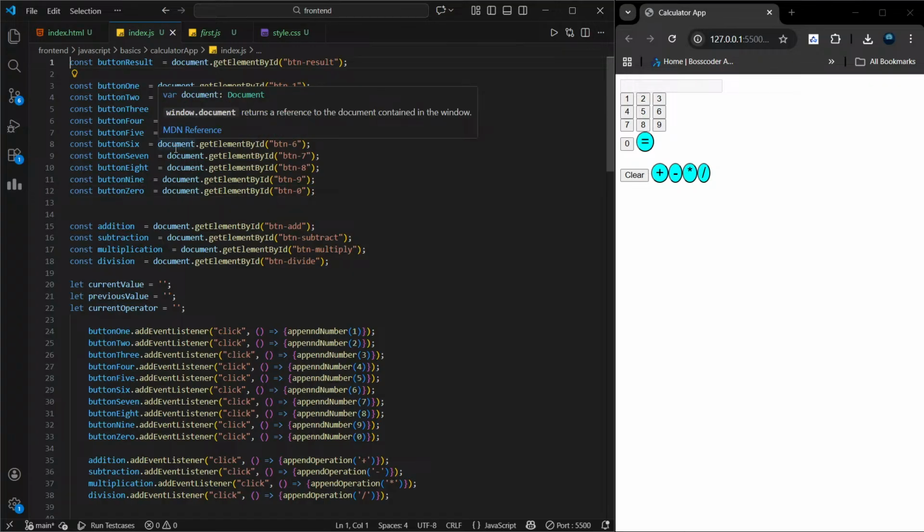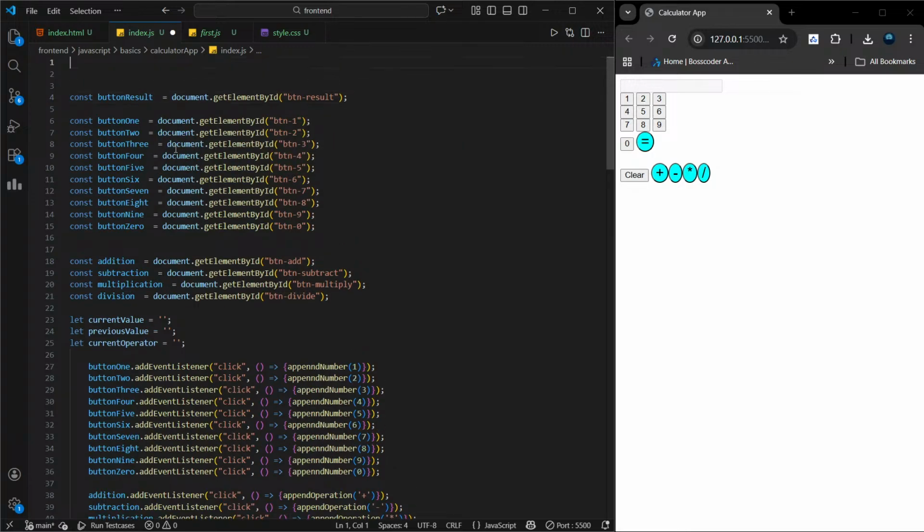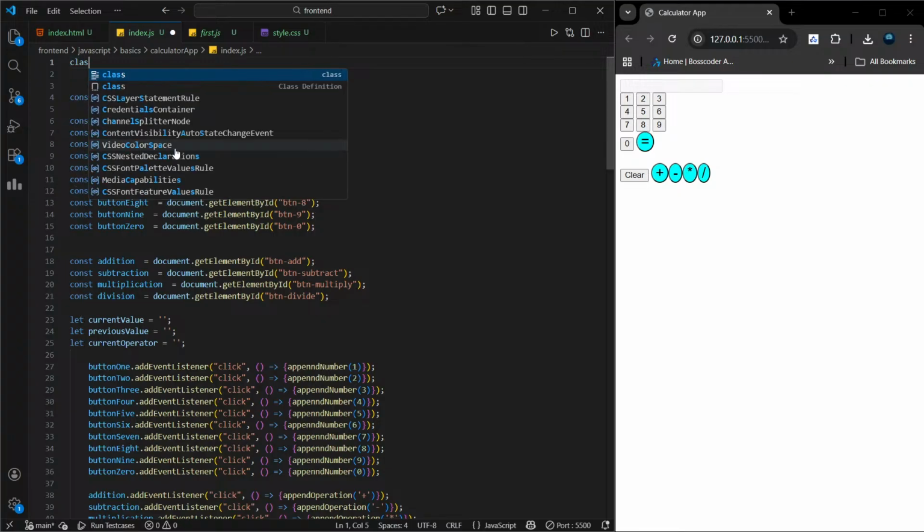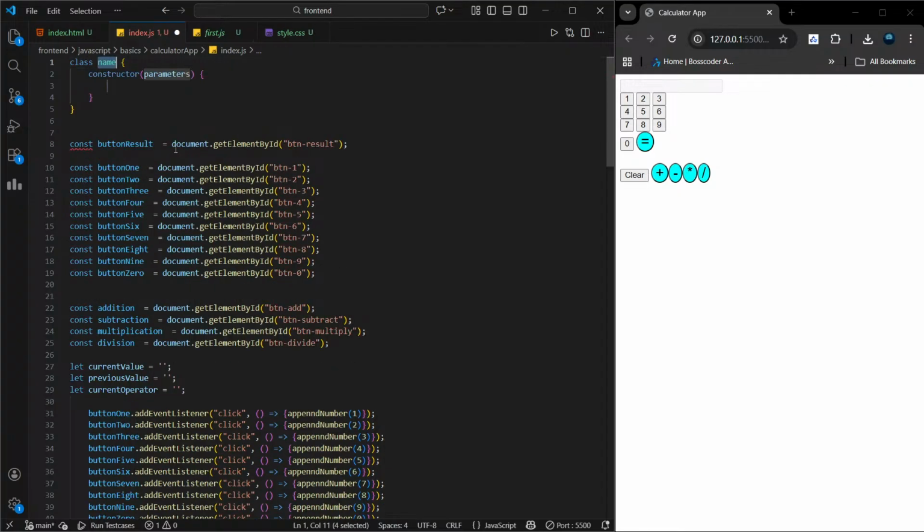बिल्कुल, तुम डॉम रेफरेंसेस जैसे बटन्स क्लास के अंदर रख सकते हो ताकि वो उसी क्लास की इनकैप्सुलेटेड लॉजिक के साथ जुड़े रहें। कंस्ट्रक्टर में तुम आईडी से एलिमेंट्स पकड़ सकते हो और मेथड्स उन पर ऑपरेशंस करेंगे। इससे कोड मॉड्यूलर रहेगा, डॉम इंटरैक्शन और कैलकुलेशन लॉजिक एक ही क्लास में नेटली मैनेज होगा। ओके, सो लेट मी कॉपी दिस एंटायर थिंग।